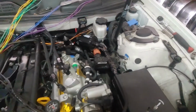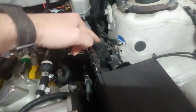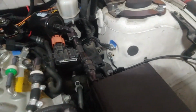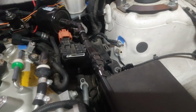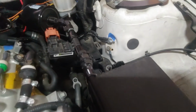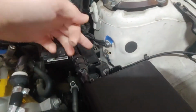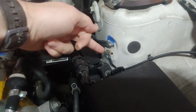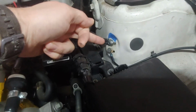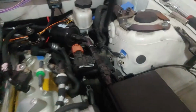And I've gone through, and this ground that I have here goes to this relay, which is for my reverse switch. So basically when I shift into reverse, the car doesn't do that stupid beep sound. Normally you wouldn't have this lower one, you're just going to have this top ground. So I've done it to this ground,